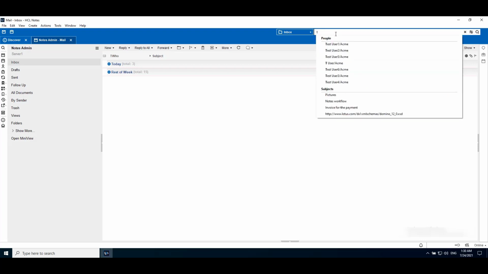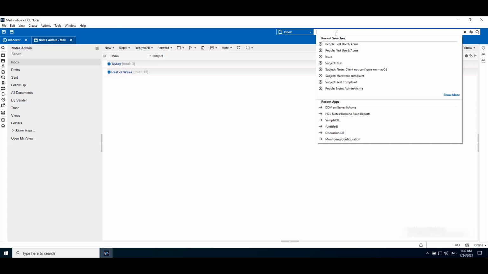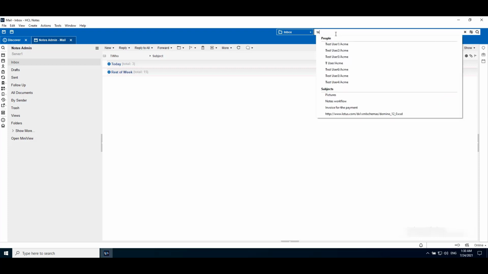When you keep on typing, it will keep updating and provide matching information by itself. For example, if we type TES, it will display matching information with the word TES in people and subject.